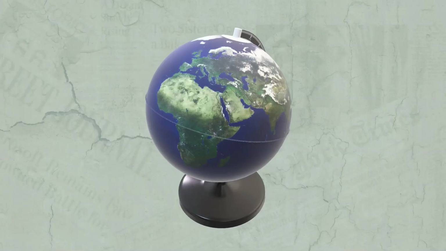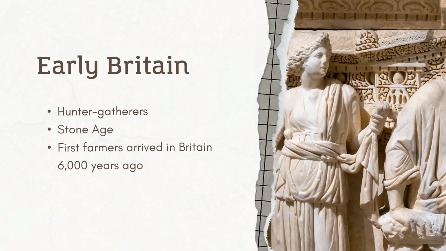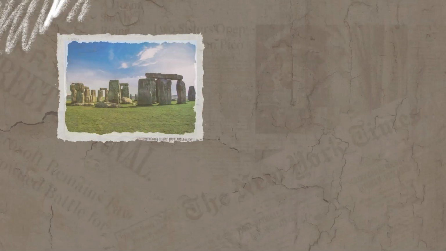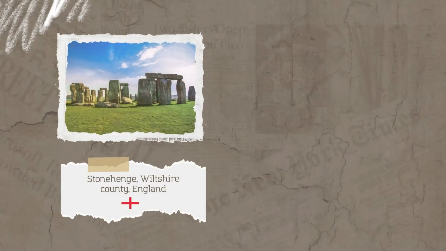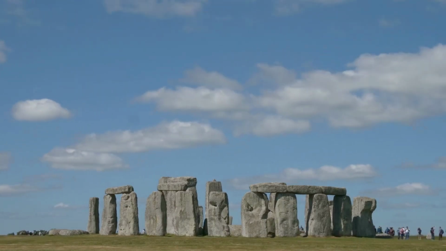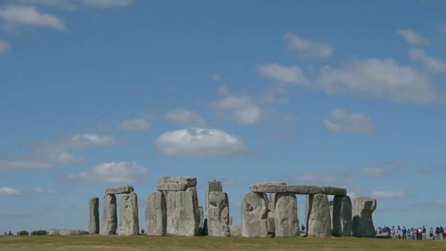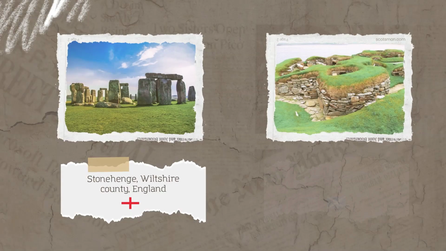The ancestors of these first farmers probably came from Southeast Europe. These people built houses, tombs, and monuments on the land. One of these monuments, Stonehenge, still stands in what is now the English county of Wiltshire. Stonehenge was probably a special gathering place for seasonal ceremonies. Other Stone Age sites have also